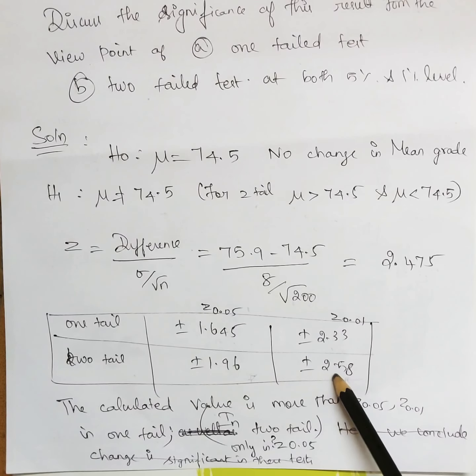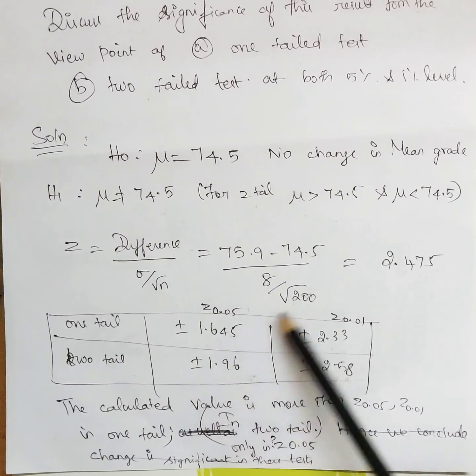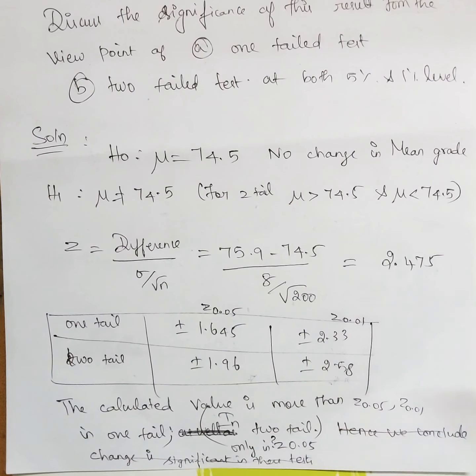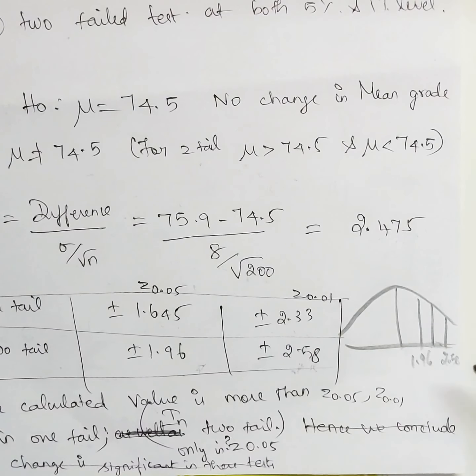So only in the two-tail test at 1% significance level we will not reject. In all the other three cases we will reject. It is something like the values are in the borderline. Let me draw the diagram. Now see only the diagram.